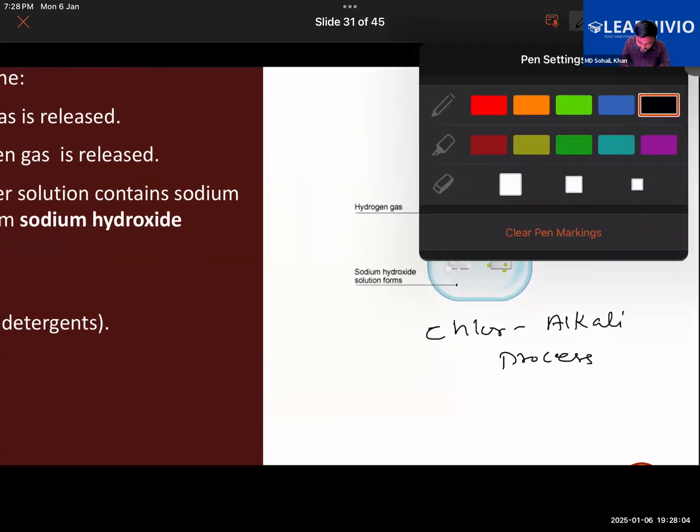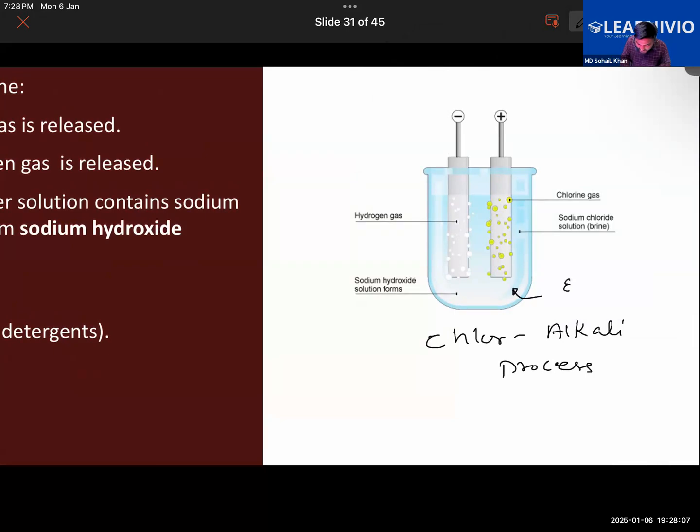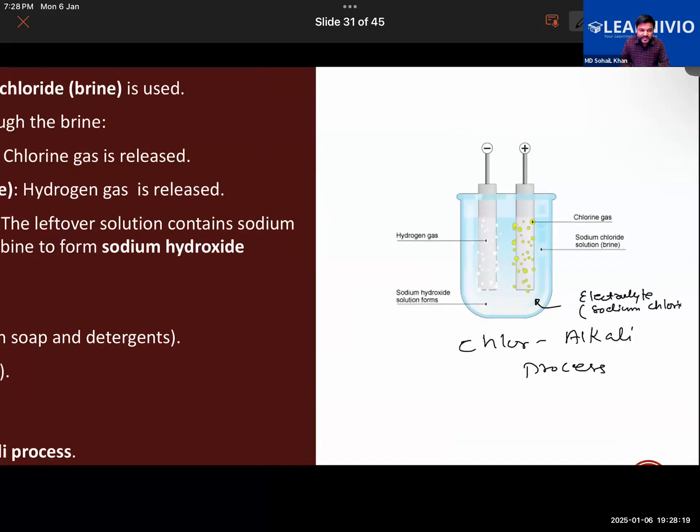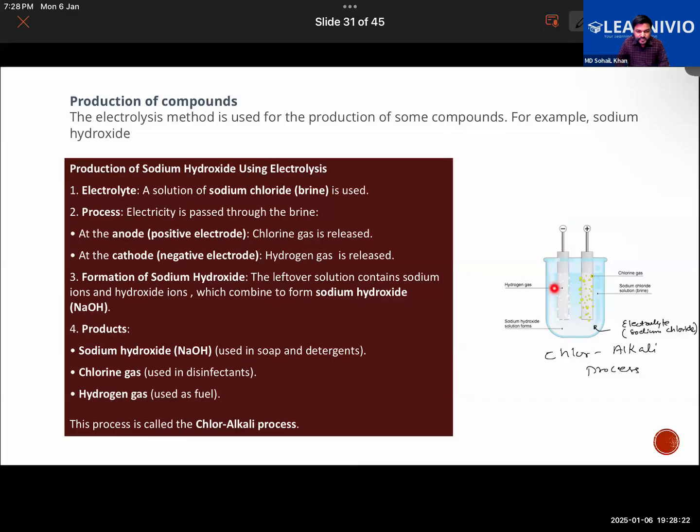Getting it, everyone? So we have taken an electrolyte which contains common salt, that is sodium chloride. Next, electricity is made to pass through this. By the way, the solution of salt in water is also called brine. When the current is passed through this, the sodium chloride will break up, that is, NaCl will break up into Na+ and Cl- ions. Getting it now? So what happens?